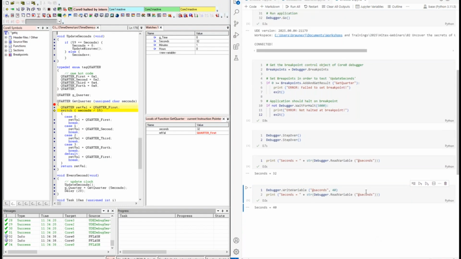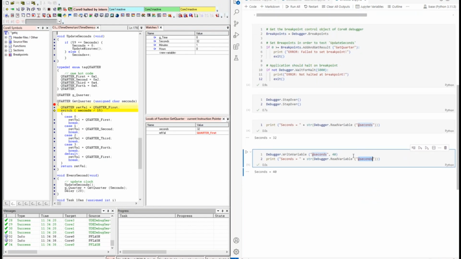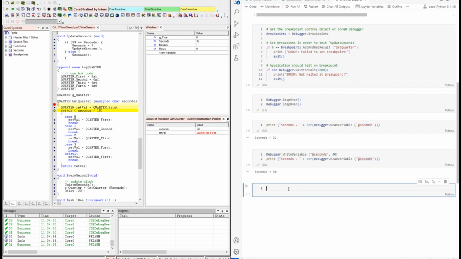Read back, same syntax, using the at as a prefix for indicating that seconds is a local variable. Okay, so then we want to proceed to the end of the function here. For that, I could use the same syntax with the line offset as we used before, but I'd like to show you 2 possibilities to do this